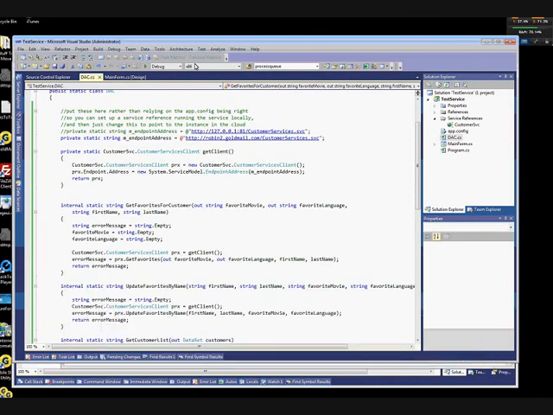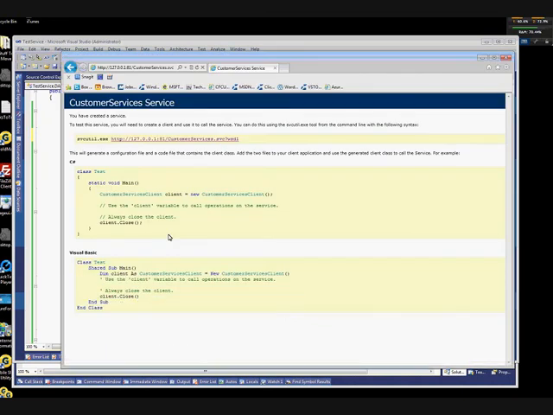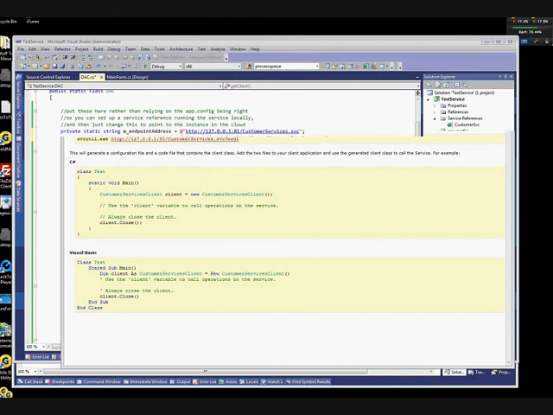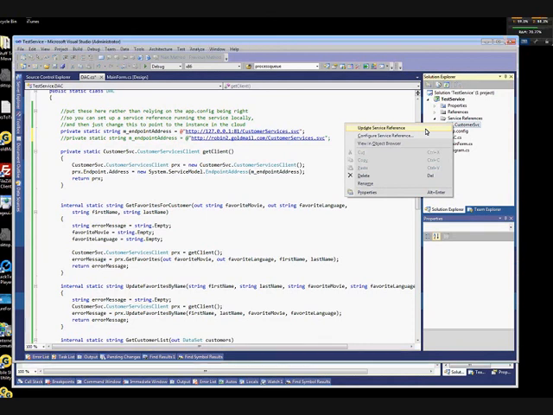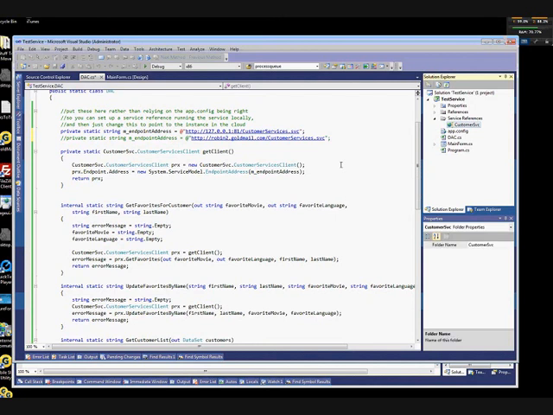Okay, so we're running this guy locally. Let's go to our client here, and let's point him back at our local endpoint. Is it still 81? It's still 81. Let's see. Okay, so this should now have an add queue method in it. So let's update our reference here. Okay, and now we want to add a method